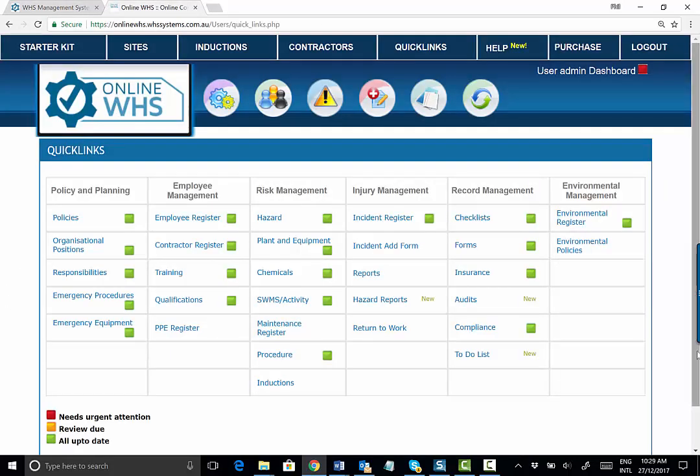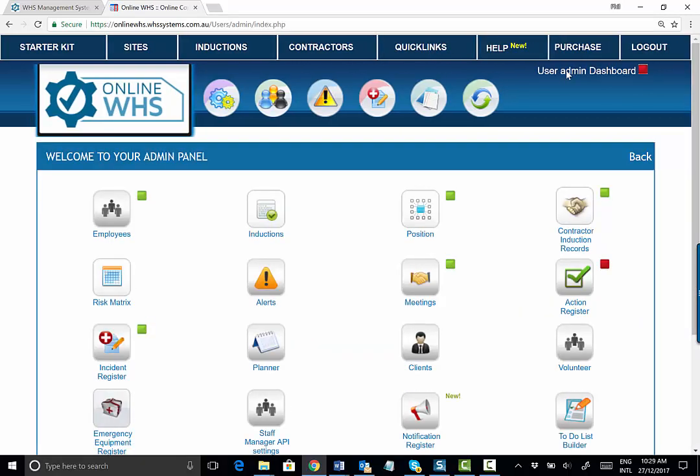When you first log into the system, this is what you'll see. This is the quick links page, this page up here. So this will take you home all the time to this page here. There's three major icons that you'd really be using: the quick links page, the user admin dashboard page, and